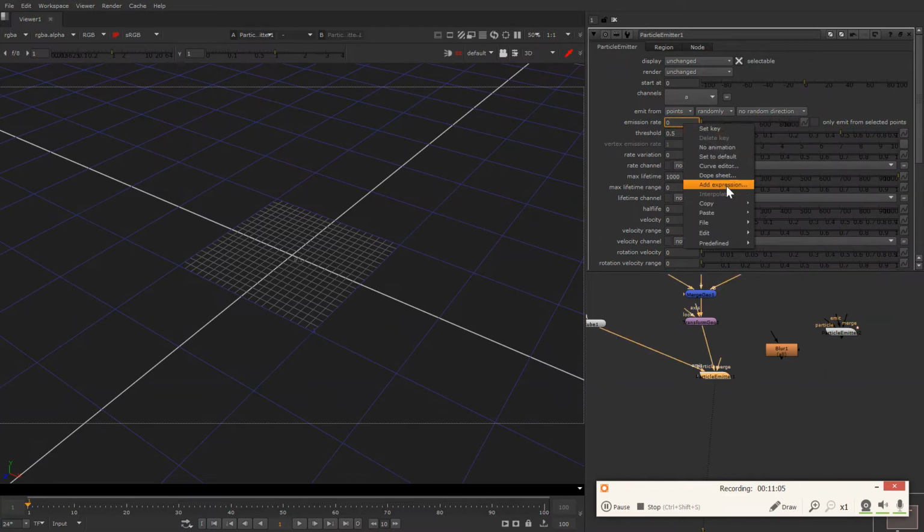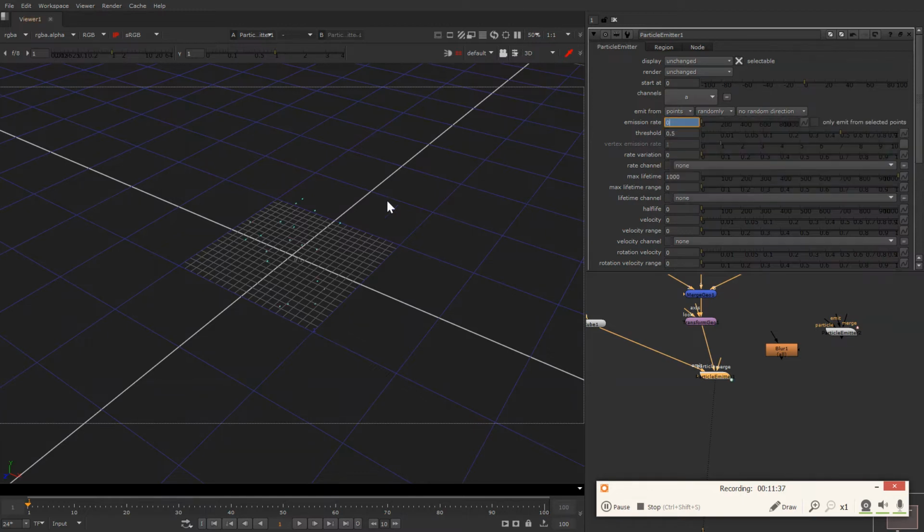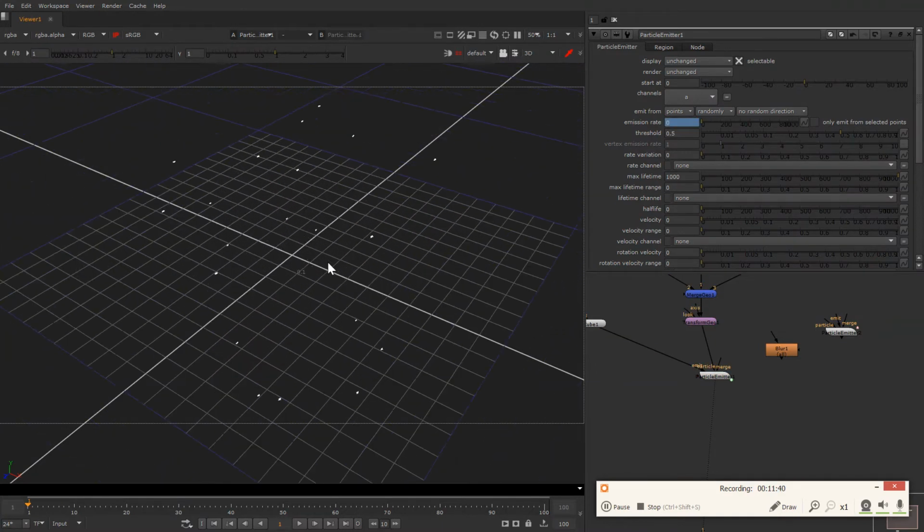And this is a really simple expression. We tell Nuke: take the frame, frame is equal to 0, then emit 20 particles, or else emit 0 otherwise. So let me explain. If the frame is 0, then emit 20 particles. This stands for then, and the colon stands for otherwise, emit 0 particles. So right now you can see we have 20 particles in a scene,